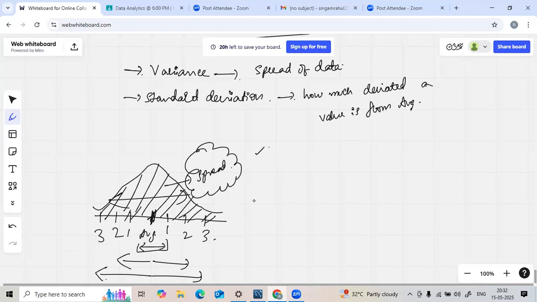See, the spread of data: whatever data you have, if you just want to understand that entire spread, you consider it as variance. But when you consider how much a value is deviated from the average position, whether it is one, two, or three standard deviations away, that you consider as the standard deviation result. And standard deviation is nothing but the square root of your variance. Whatever the variance is, if you perform the square root of the variance, you consider it as the standard deviation.